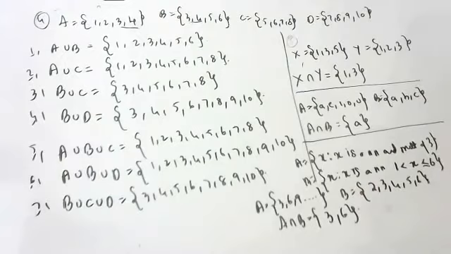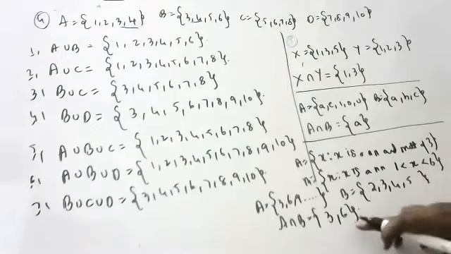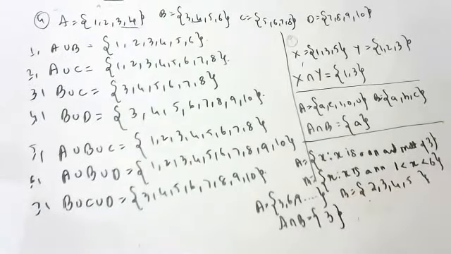So A intersection B here, strictly, is it 3 or 3 and 6? Let me see the question. Actually, less than 6 they said, children. He did not give equal to. I'm sorry. Now less than 6 means up to 5. Now tell me what is the answer? Only 3 is the answer. Like that they have given, children. Some more questions are there in this. I'm erasing this fourth question.